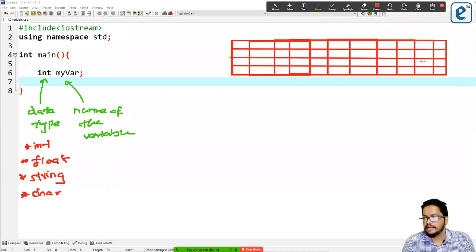And let me assume another thing: one of these cells represents a byte. A single cell is representing a byte, let's say, right? Understood?